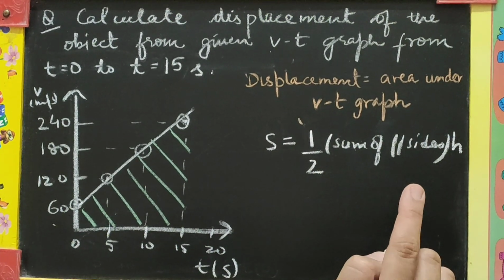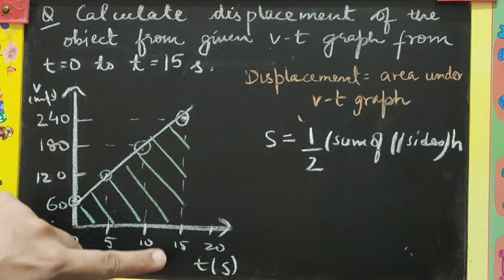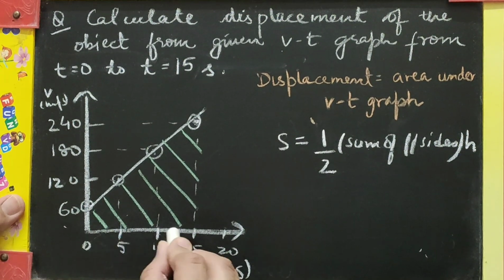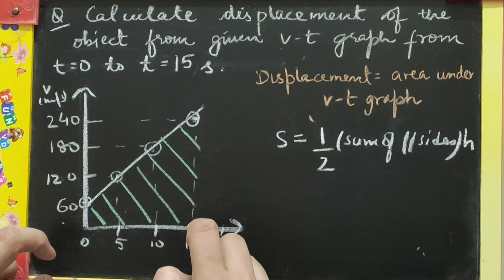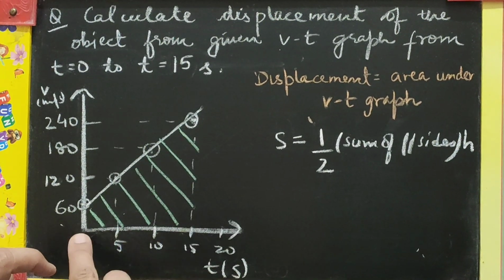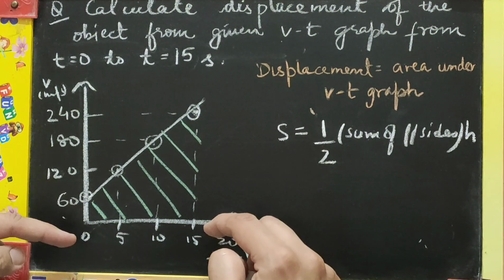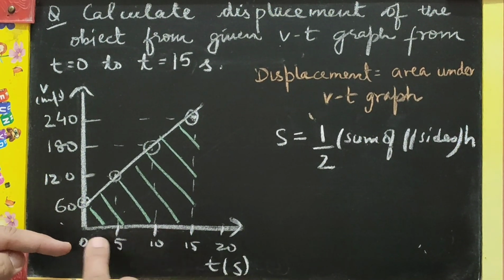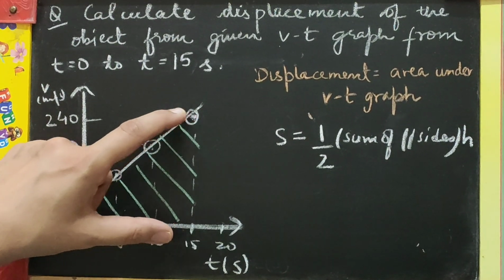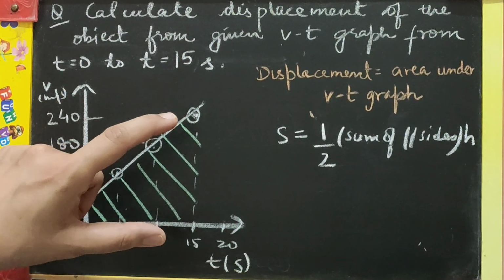Also, students, please remember, height in case of trapezium is not always this vertical height. Height in case of trapezium is defined as the perpendicular distance between the parallel sides. You can clearly see here in this trapezium, the parallel sides are along the y-axis. These are the two parallel sides. And the distance between these two parallel sides is the height. Don't take this particular distance or this particular length as the height. This is a common mistake which students make.